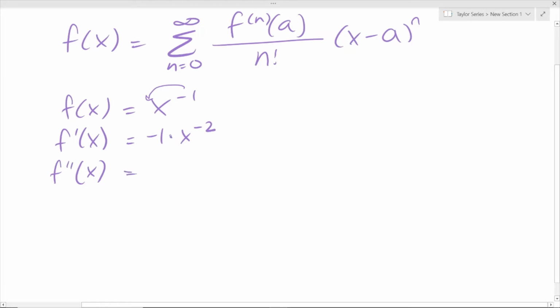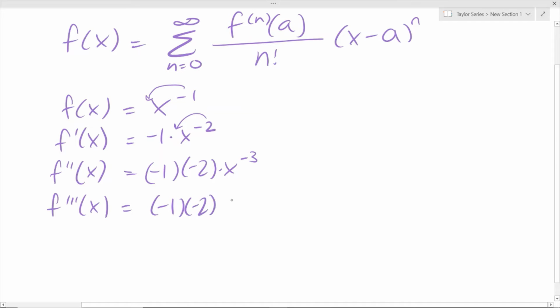Second derivative, we have -1 here, right? Take down the -2 again. So -2 times x to the exponent of -3 because we subtract 1 from the exponent, right? Remember, power rule for derivative. And so now we look at the third derivative, so same thing. Very similar concept. So down this -3. Okay, take down -3, we get -3 here, and then times x to the exponent of -4 because we subtract 1 from this -3. And then the fourth derivative, we will get -1 times -2 times